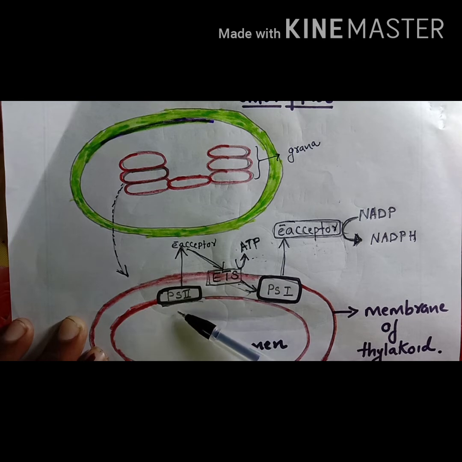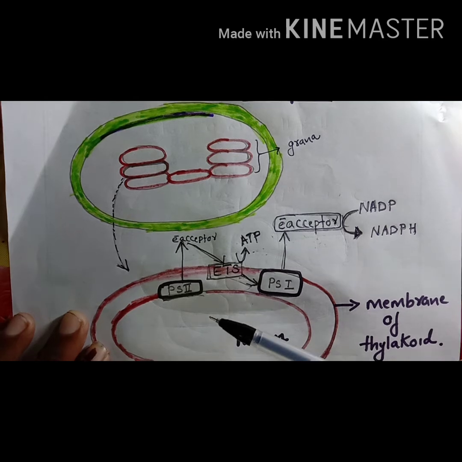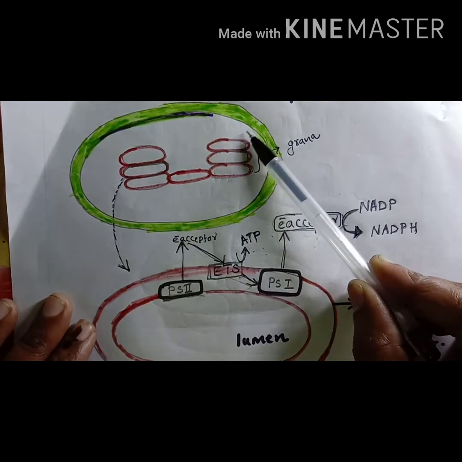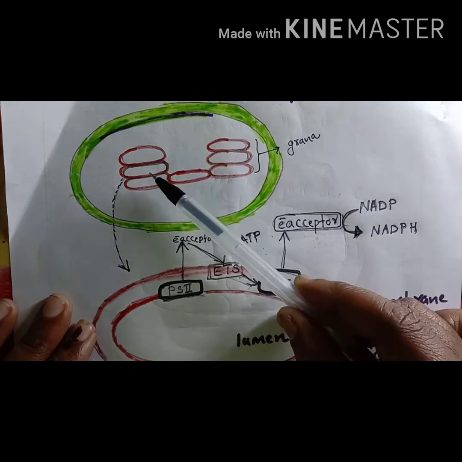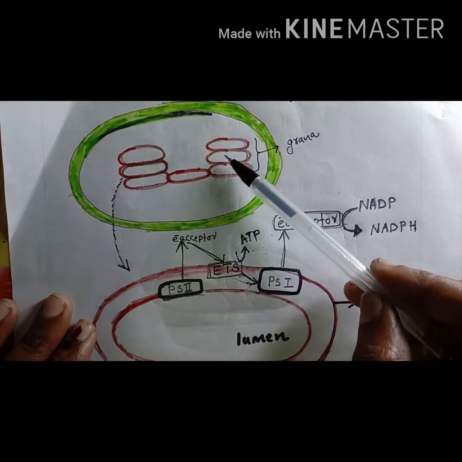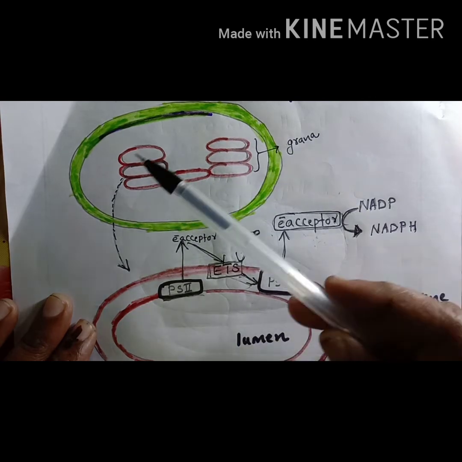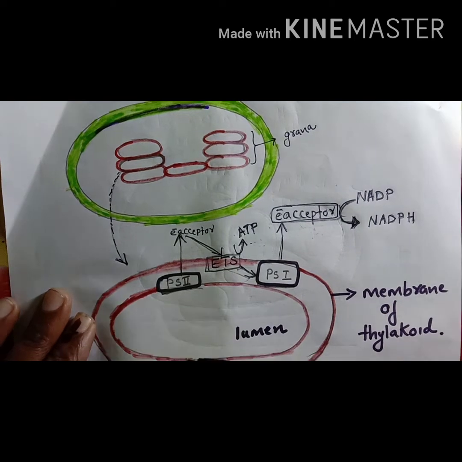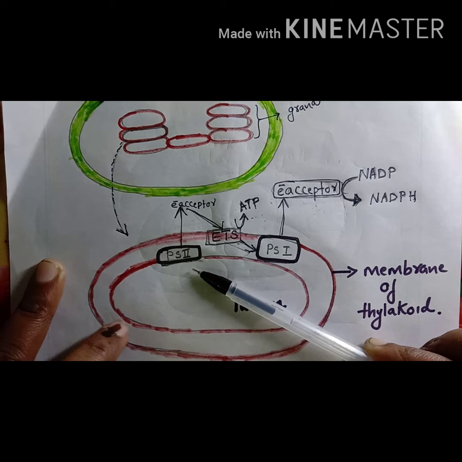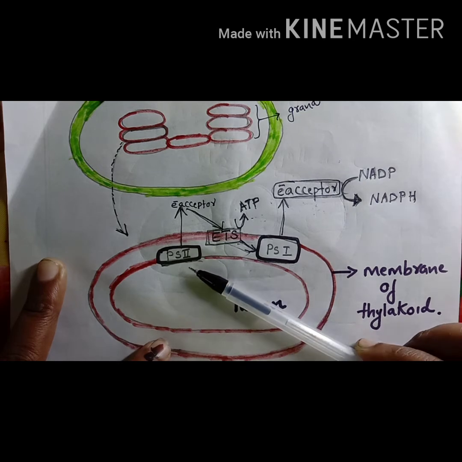First of all, there we can see two pigment systems, photosystem 1 and photosystem 2. Both are present in grana thylakoid, isn't it? So this is the structure of a chloroplast. This is the outer membrane, inner membrane, and this is the fluid stroma. And here we can see the thylakoid. The group of thylakoids is called a grana. Adjacent grana are connected by stroma thylakoid. Now here you can see an enlarged portion of a grana thylakoid, where we can see both the pigment systems, photosystem 1 and photosystem 2.